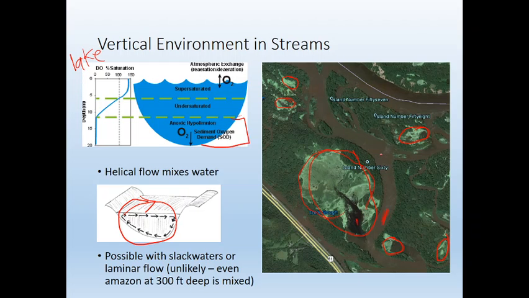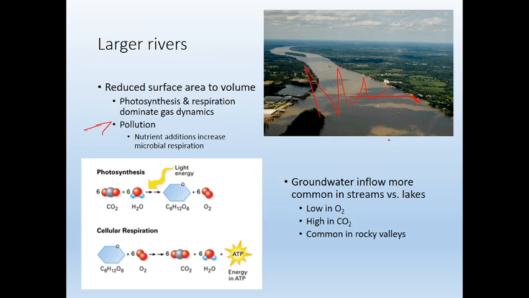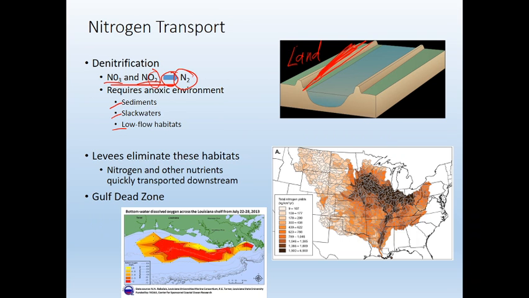Now, if you look at the Mississippi River, from the middle of Iowa all the way down to Louisiana, the main channel is right here. What they've done to the river is put levees right along the river, and essentially they don't let the river flow into all of these habitat areas. So these are essentially gone now. Let's go back here. Since these levees are here, you get rid of most of the anoxic sediments. You've gotten rid of pretty much all the slack waters and the low flow habitats, such that denitrification doesn't happen